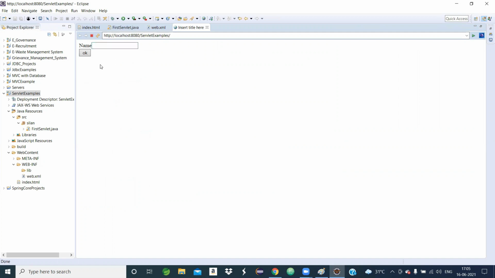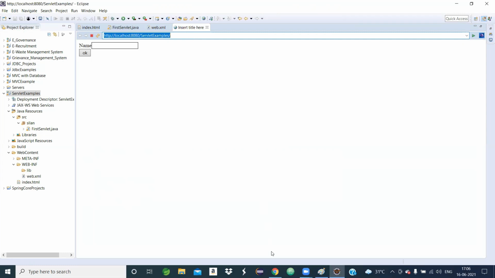This is my output: one name option, one command button, and this is the URL, http://localhost:8080/. Now you can give the value here. Otherwise I copied it, because I want to prove why we can say it is a web application.